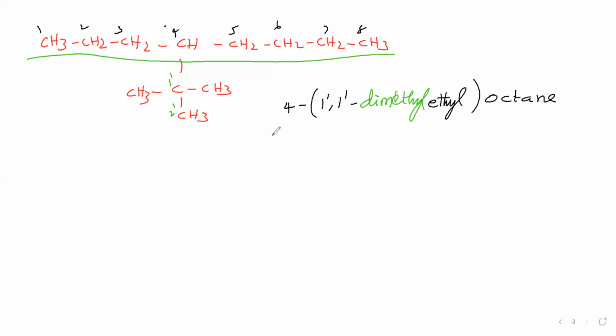Next, in another way we can say this one. How? In this one, this carbon is a tertiary carbon. The tertiary carbon is attached to the main parent chain. Therefore this group can be called tertiary butyl. Tertiary butyl means a tertiary carbon should be there. So we can call this a tertiary butyl. So this tertiary butyl is present at the 4th carbon of the main parent, therefore 4-tertiary butyl we can say. In the main parent chain 8 carbon atoms, therefore octane. So 4-tertiary butyl octane is the name of this compound.